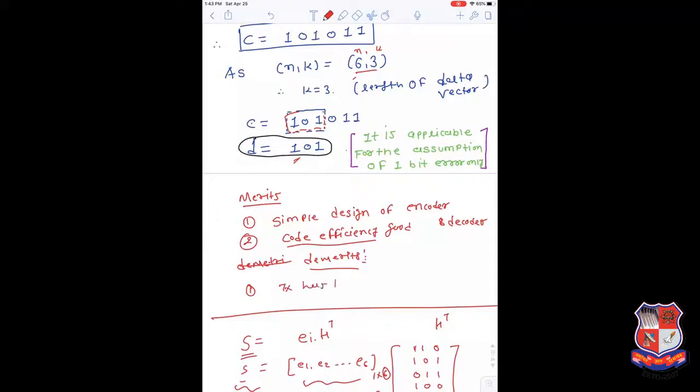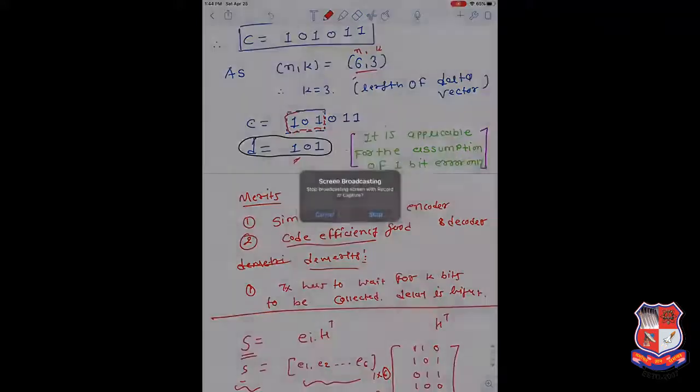But the demerit over here is that the transmitter has to wait for k bits to be collected. So that is time consuming, and so delay is higher. Okay, so this is all the process. So now we would like to